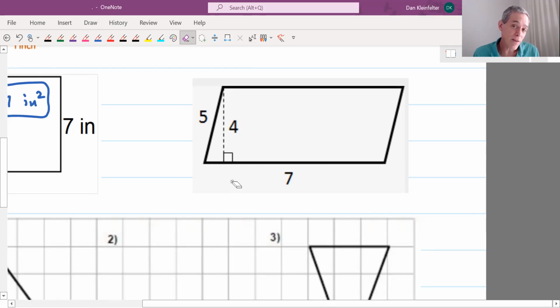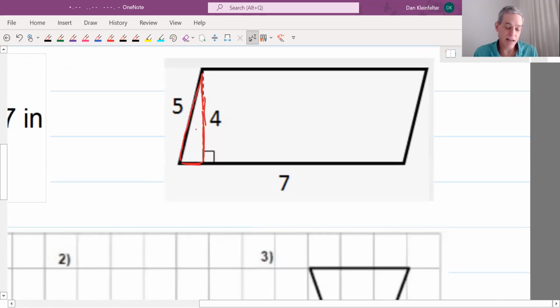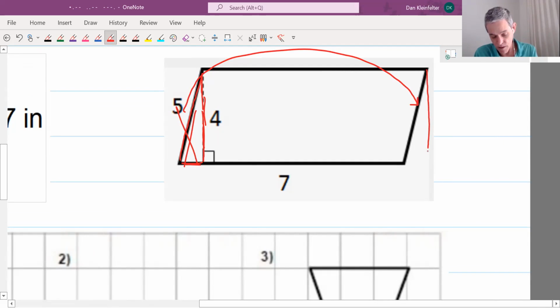And so how to think about the area for this parallelogram, we're going to do kind of a thought experiment for this. You see this little triangular piece that is sticking out here on the left? I want you to visualize taking that, and we're going to get a pair of scissors and cut it off, and we're going to move it over here. We'll glue it on right there. Okay, so we've taken off that little triangle that was sticking out, and we've glued it onto the right side. So if you do that, what you get is this rectangle